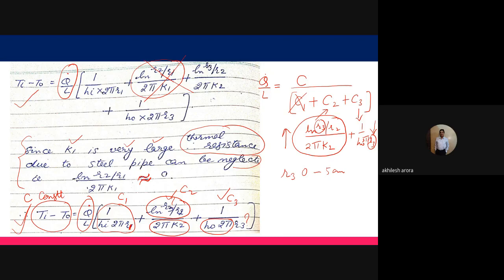So let us see. After telling you this, these are the various values of thickness. When I take the thickness of the insulation as 0 and calculate the value of Q by L, it comes out to be 36.78 watt per meter. If I take 0.5 centimeter, the value comes out to be 42.15. Then I take 1 centimeter insulation thickness, the value comes out to be 43.25. Take 2, the value comes out to be 41.54 watt per meter. Take it as 3, the value comes out to be 38.94.